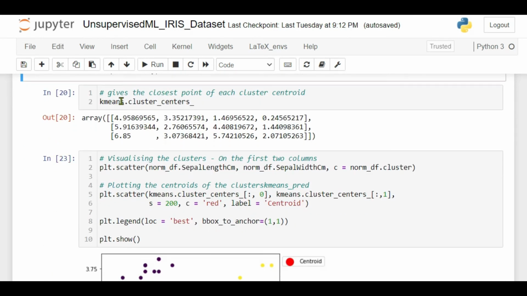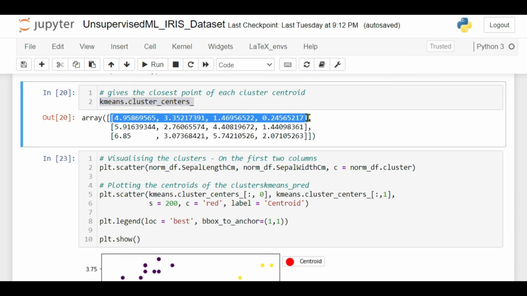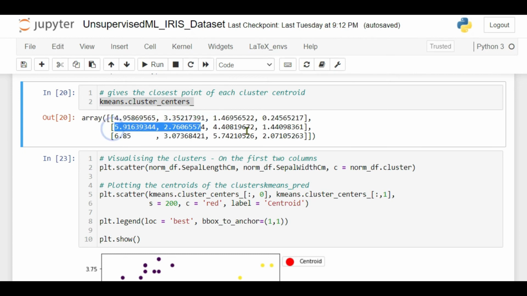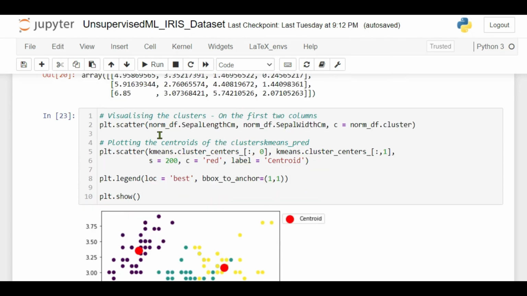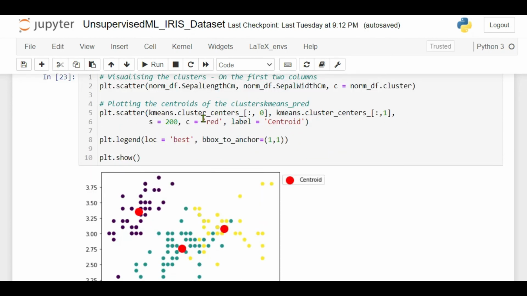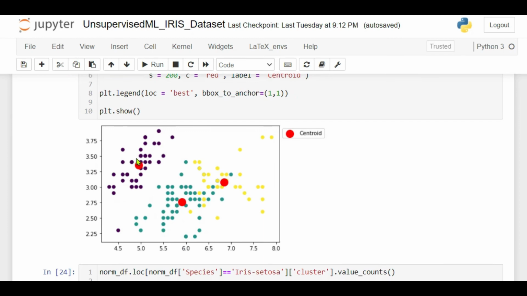So this is the code which helps to show the nearest points of each cluster's centroid. This is one centroid value of the cluster and its corresponding nearest values. Similarly for the second centroid and the third centroid. Now using this code we are going to plot the graph to find our centroids. So these are the three centroids we have mentioned using the elbow method, and these are the corresponding clusters.